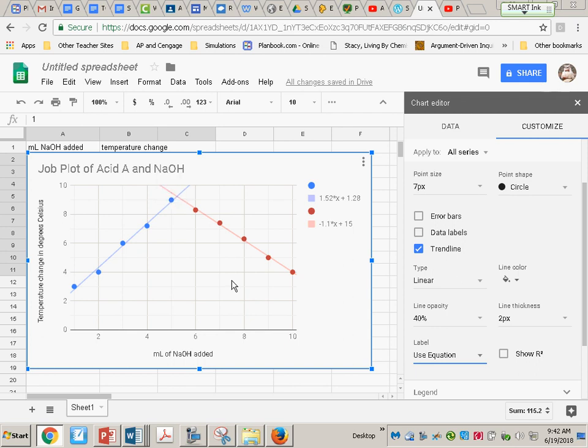It is not that point, so that's not the ratio we would use, but here's where we can interpolate information from our graph. So I noticed that the point of intersection where the maximum was reached was at, if I'm estimating here, unfortunately I can't add more grid lines than this. This is where Sheets is lesser than Excel, because in Excel you could add all kinds of grid lines. Or if you find out a way to add more grid lines than this, please let me know, and I'd love to figure that out. But if I'm estimating, maybe that's at like 5.2 milliliters of NaOH added, and I know that that was, and I can